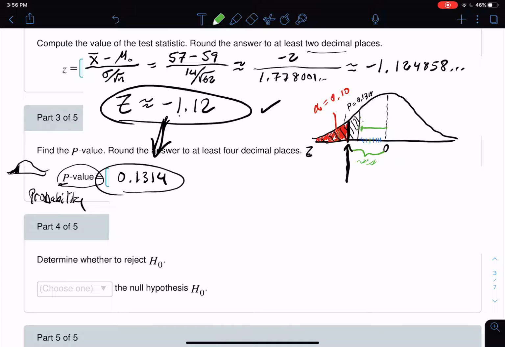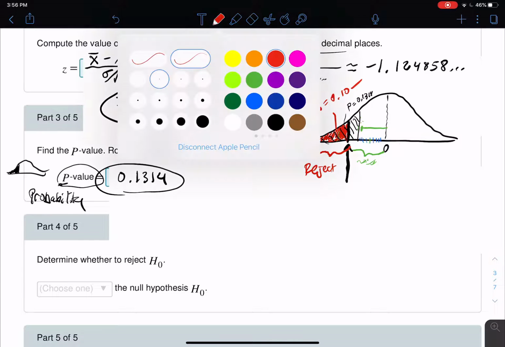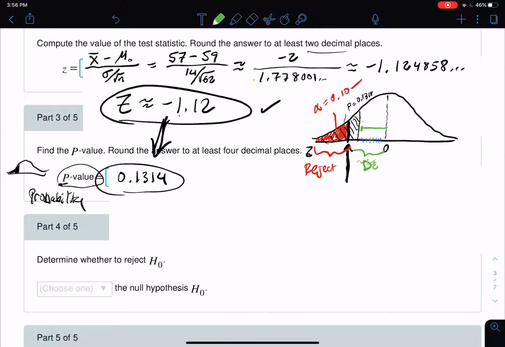How would I know if I had to reject? Well, if my p-value got smaller than this, now remember we're talking about area, so if your p-value is smaller than 10% or 0.10, then you would have to reject. Once again, this is do not reject, so we're in the do not reject zone. It says determine whether to reject. We do not want to reject. Do not